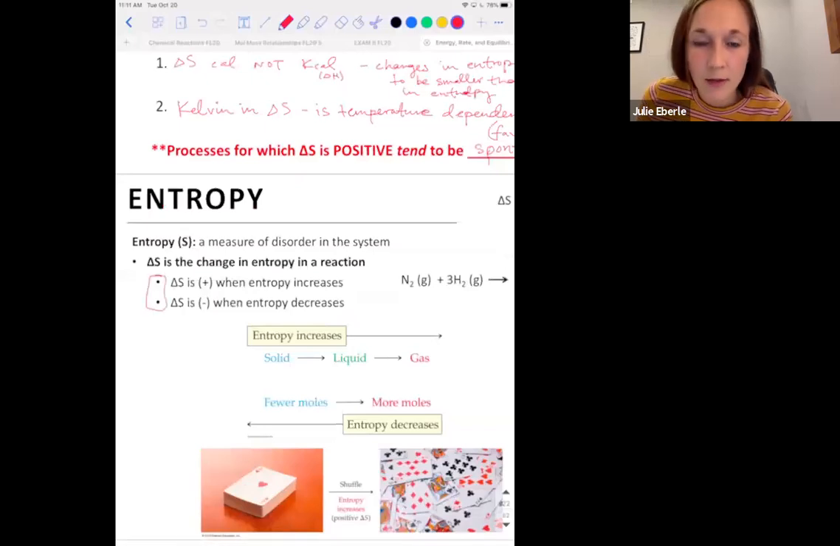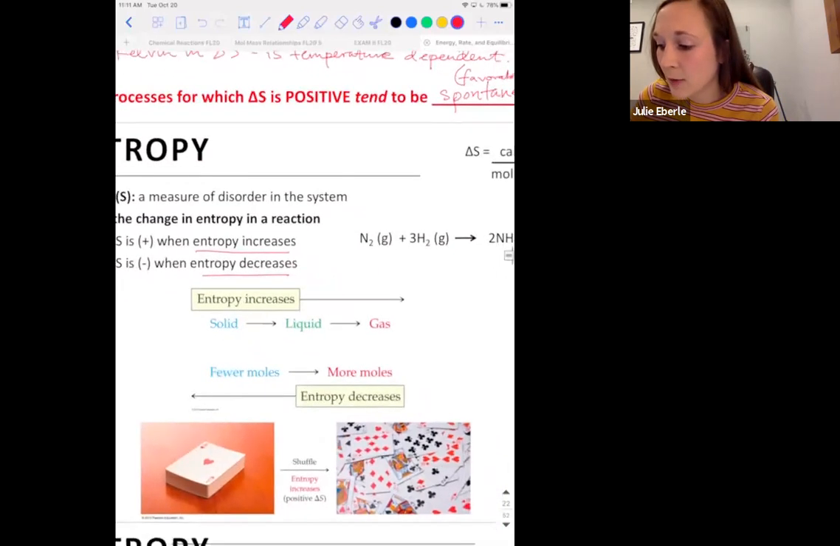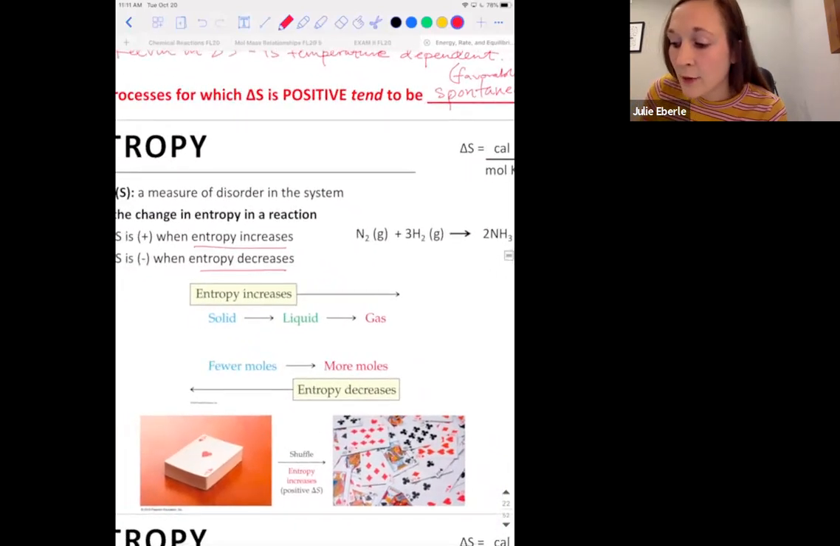This is kind of redundant and probably obvious, but when delta S is positive, entropy is increasing. When it's negative, entropy is decreasing. Well, how do we know if it's increasing or decreasing? I want you to look at this figure. If we read the figure from left to right, entropy is increasing. So there's 2 things that can affect whether delta S is positive or negative. And that is the state of matter that you have for the reactants and the products. So whether you're transitioning from a solid to a liquid to a gas, or vice versa, from a gas back to a liquid or back to a